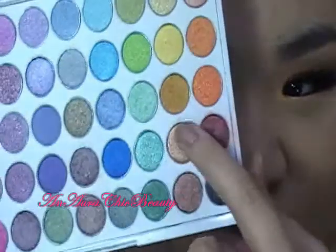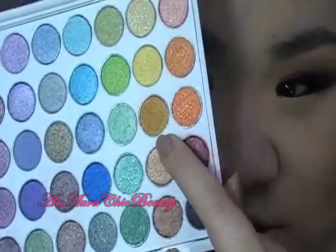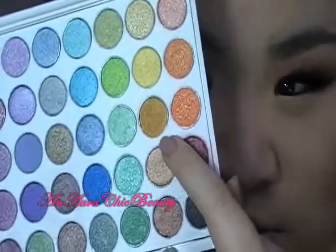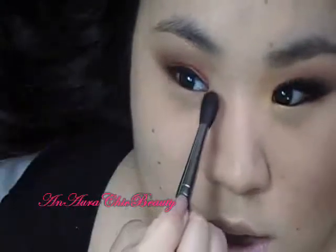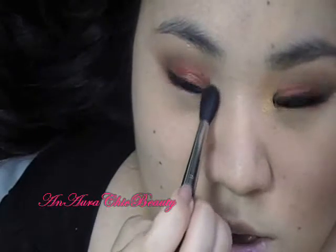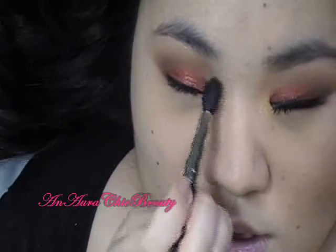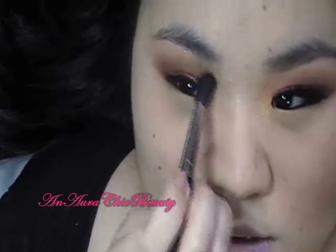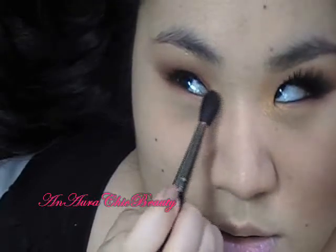And to highlight the inner corner, I'm going to use this metallic kind of warm gold color from Yaby. It's the Pearl Paint in number 72, and I'm using a fluffy brush to apply, and I'm just going to dot that in the inner corner and kind of blend it into that coppery red, so it kind of has a little bit of an orange color when you mix the gold and